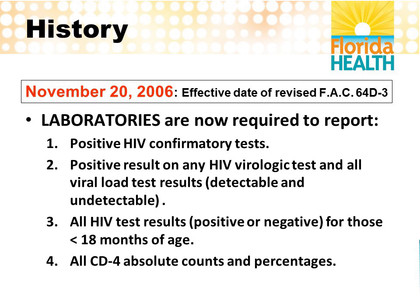So in the event we get low CD4s, that's when your surveillance office may be contacting you as a healthcare provider to determine if that patient is in fact HIV infected. And then also laboratories are reporting all HIV test results, positive or negative, on those patients that are less than 18 months of age. And that assists us in our surveillance case definition to ultimately determine if those HIV-exposed newborns are in fact seroreverters